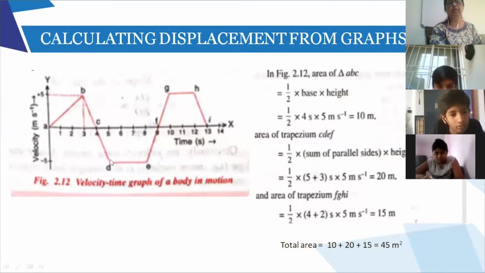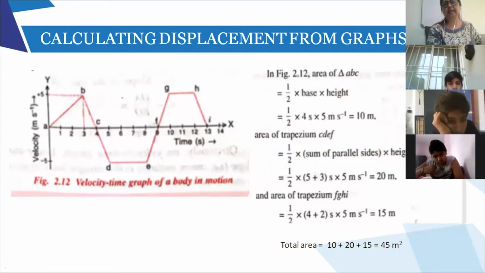Now, DE, you take a line over here. From E, the straight line goes to 8, and from D, the straight line goes to 5. So 8 minus 5 is 3. Understood? Again, from D draw a straight line to 5, from E draw a straight line to 8, so DE is 8 minus 5, 3. CF is 9 minus 4, 5. So the sum of parallel sides is 5 plus 3. And the height of the trapezium is 5. So the area of trapezium CDEF is 20.